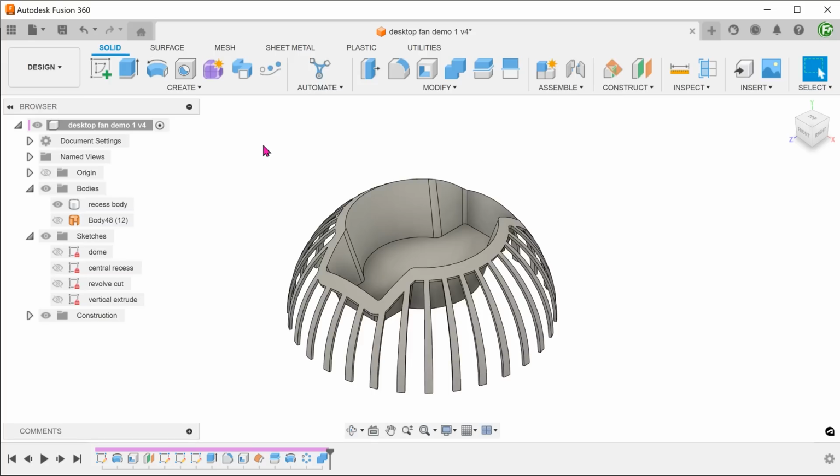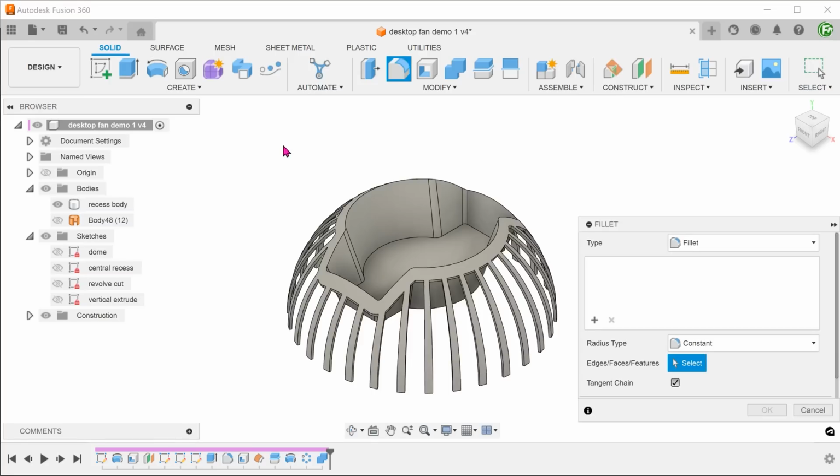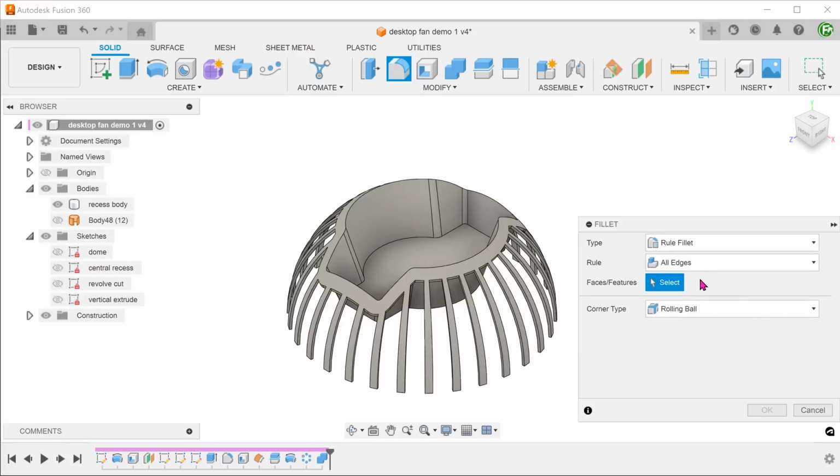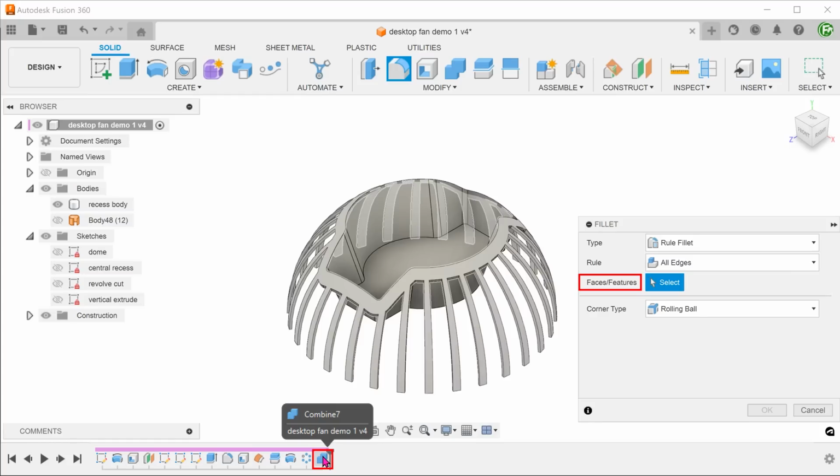From here, let's try using a rule fillet. Begin the fillet command. Set type to rule fillet. Set rule to all edges. It was a combine feature that created the edges that we need to fillet, so select that as a feature.